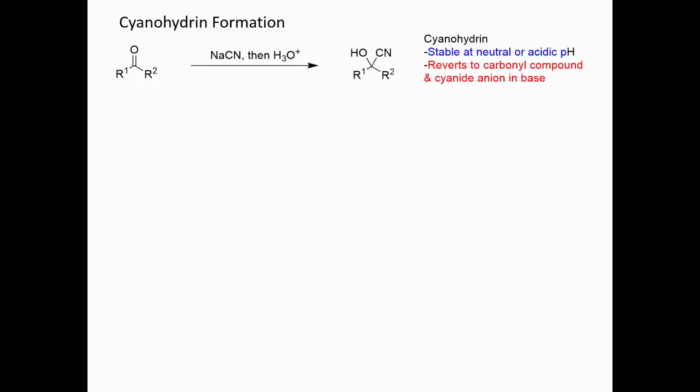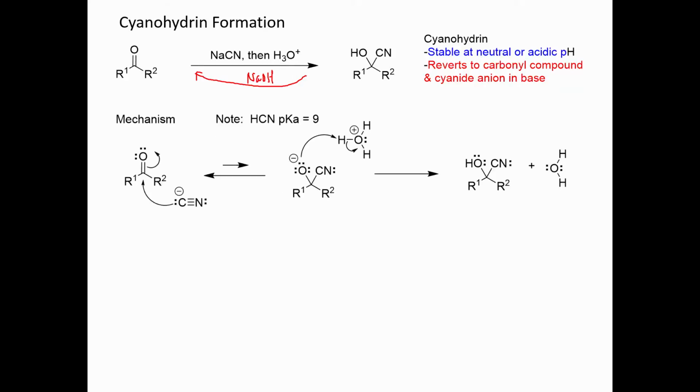Okay, this is the last reaction we'll look at in this video. This is called cyanohydrin formation. Okay, so if we treat a ketone or aldehyde with sodium cyanide, then H3O plus, we make a cyanohydrin, and this is a molecule that has an OH and a cyanide on the same carbon. The cyanohydrin is stable at neutral or acidic pH, but if you treat one with base, it'll revert back to the starting materials. Okay, so NaOH will transform it back to the